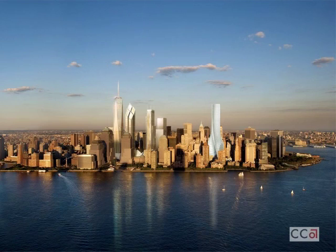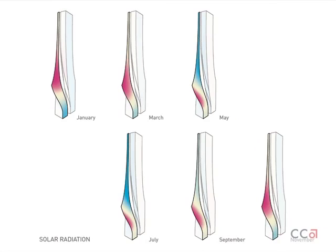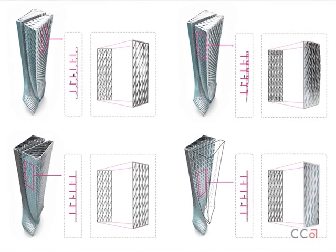And so of interest to us also is the nature of the skin, and we ran some studies in Ecotect, the heat gain and so on, and developed a skin that could be adapted in different areas off of this, basically a diagrid structural skin. We were proposing an inner structural core and an outer kind of exoskeleton with no columns in between. These being on the east side, the south side, the north side where it has the least depth and facing the void in the area of the residential program where you would want some glimpse kind of obliquely out of that slot, but not so much